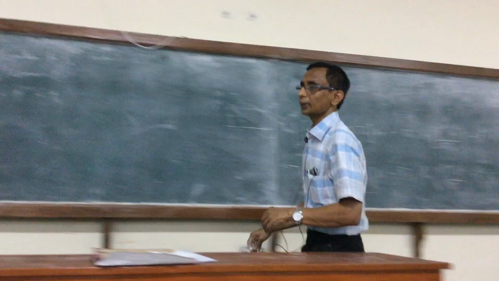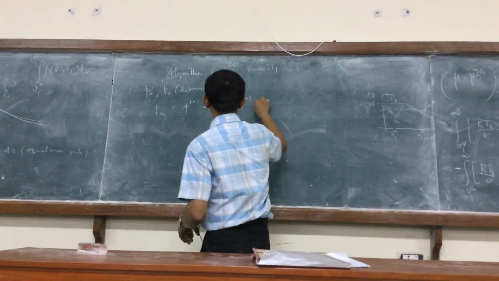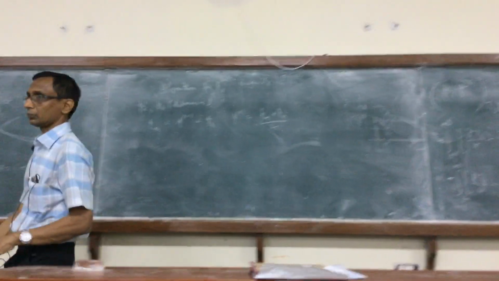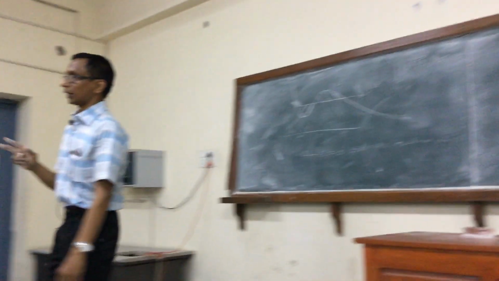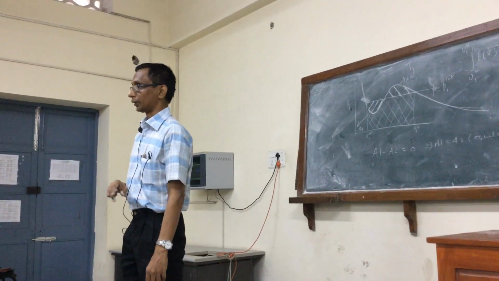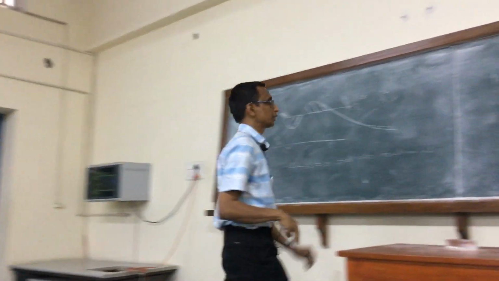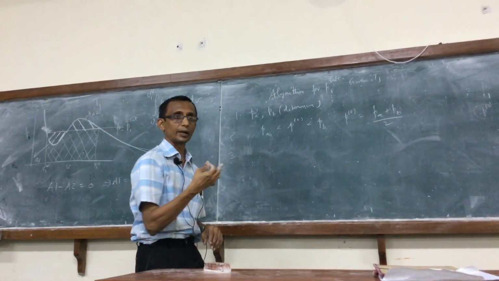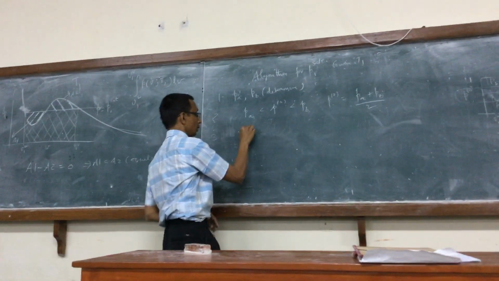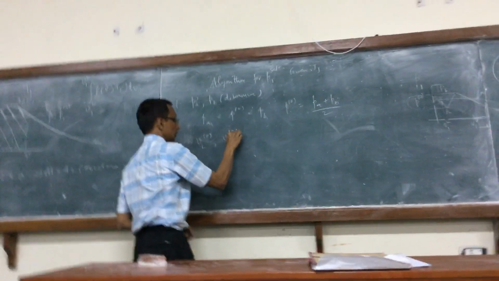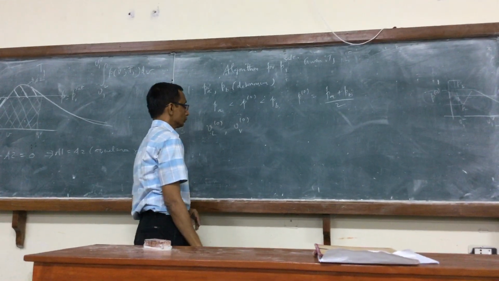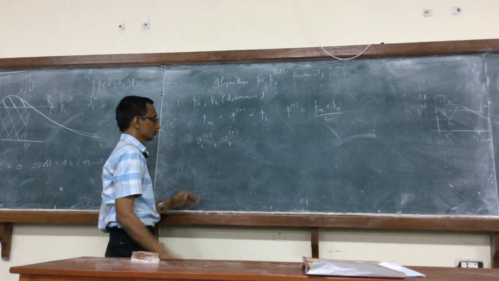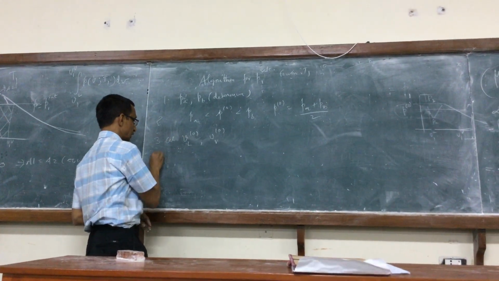A good thing, in the lack of anything else, is just to choose the average. It might not always work, but it will ensure that P0 is between PA and PB. That much it will ensure. So that's all you can do right now. So now we have to go to the equation of state and calculate PL naught and PB naught corresponding to P0, right? Calculate that and then check